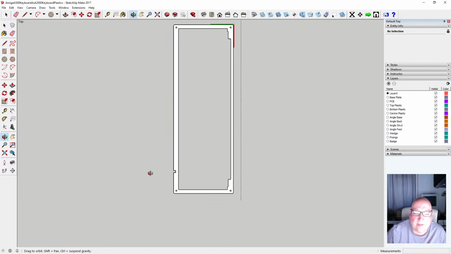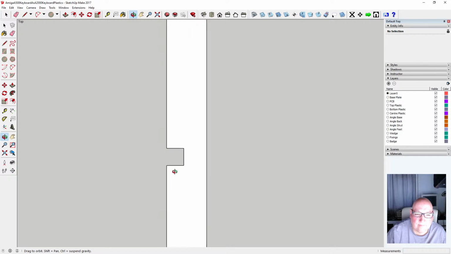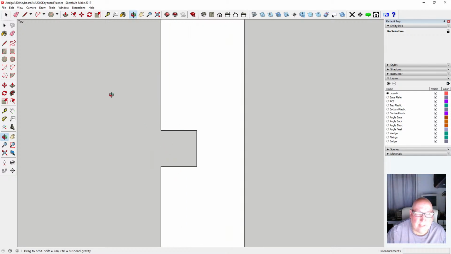Now we're going to do the pocket first. So in order to do a pocket there, we don't want to just do that bit. We want to fill it out. So we want to draw some lines. We'll just go over about 3 mil and